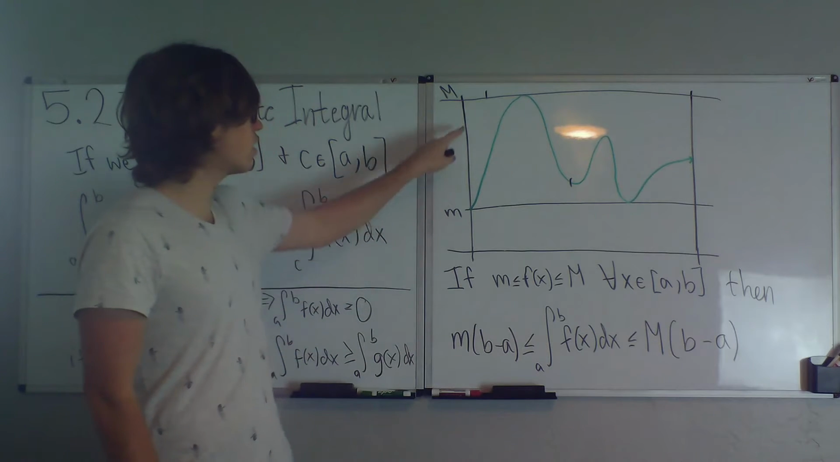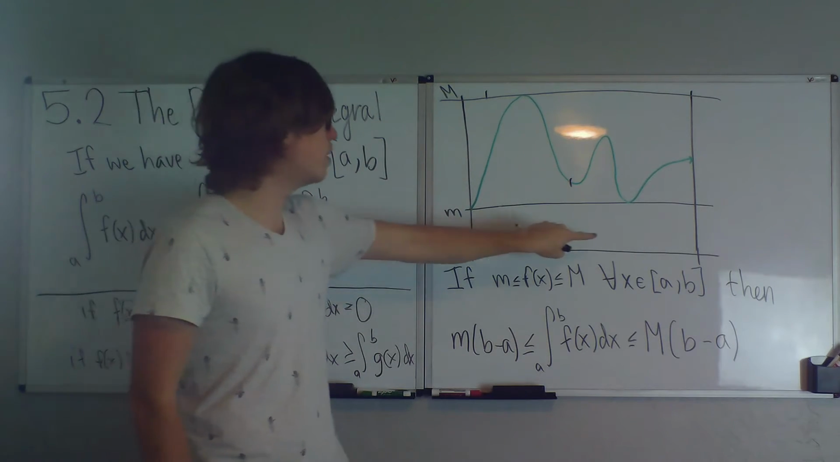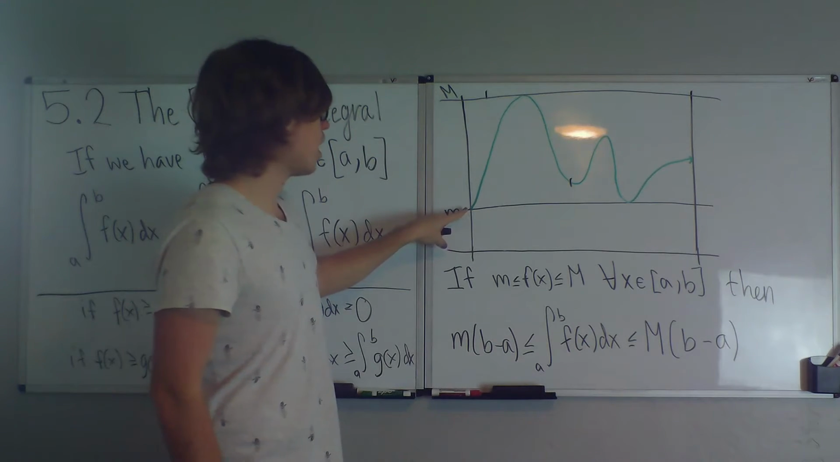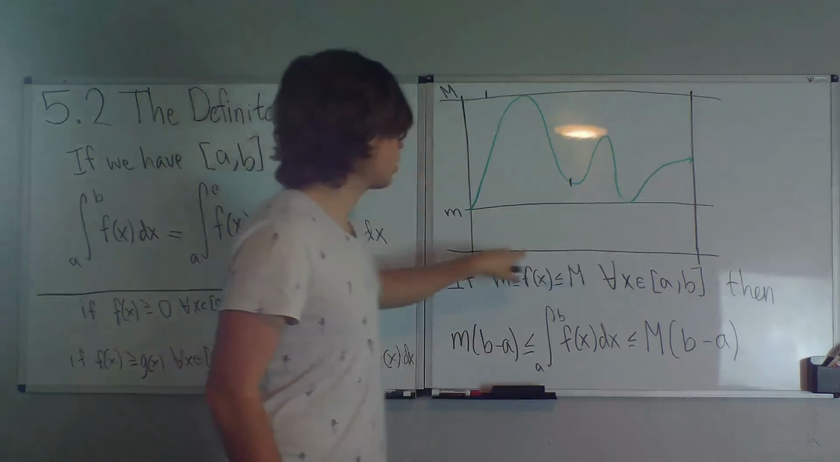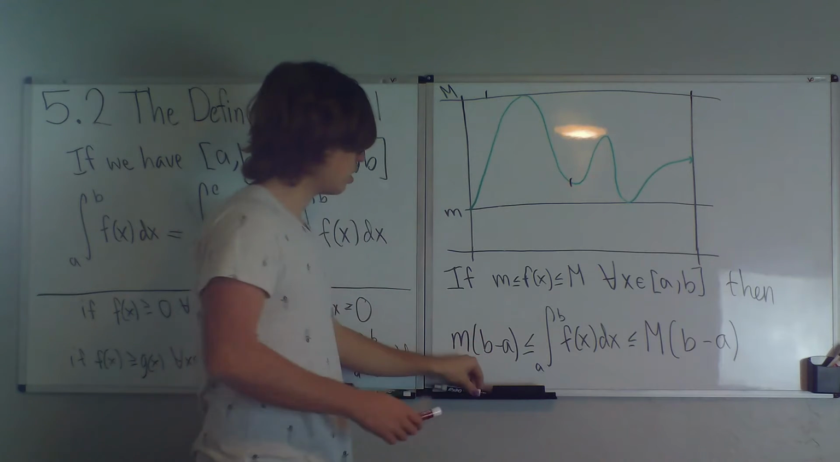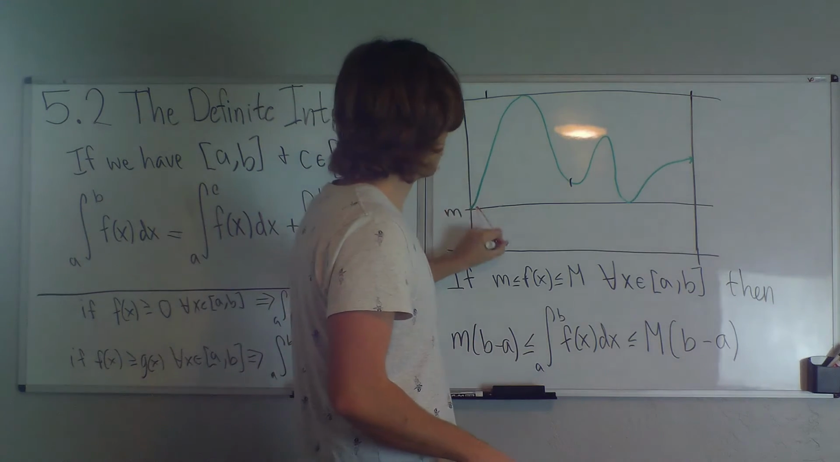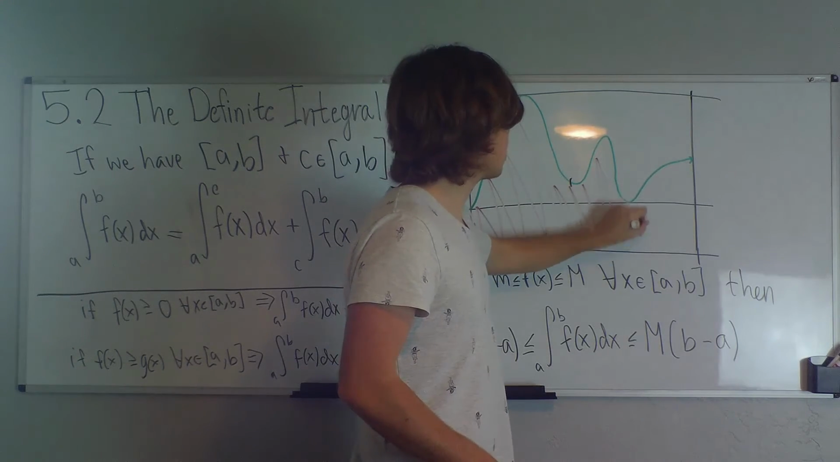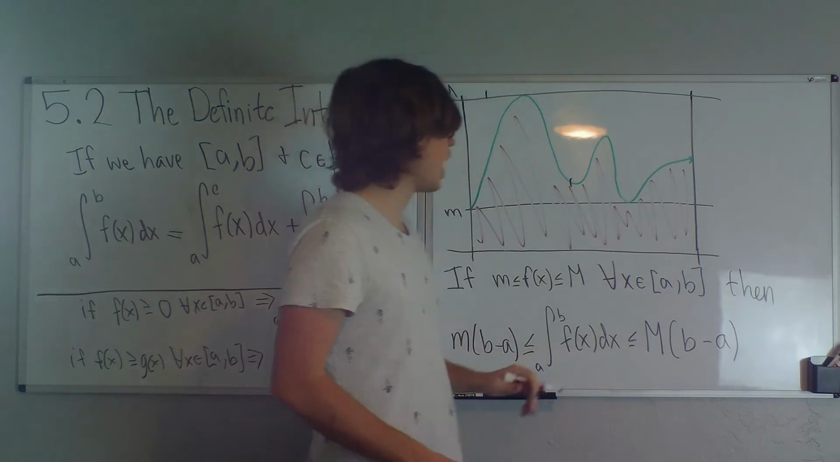So what is this saying? This should make sense. The area of big M is going to be this whole box. The area of little m is going to be this little box. And then we have the area under the curve, which is going to be from here to here. It includes the little box, but it's not going to include the whole box, so it has to be less